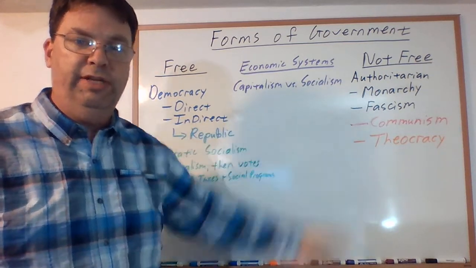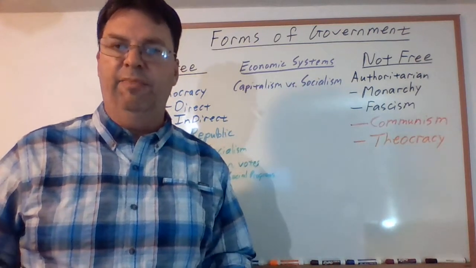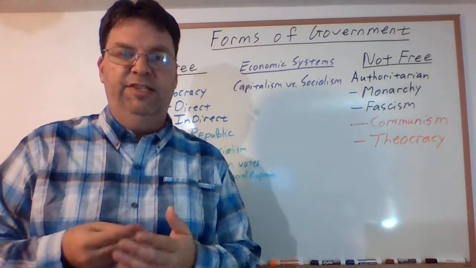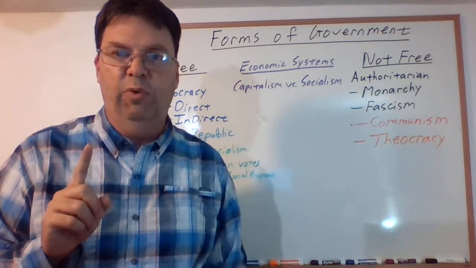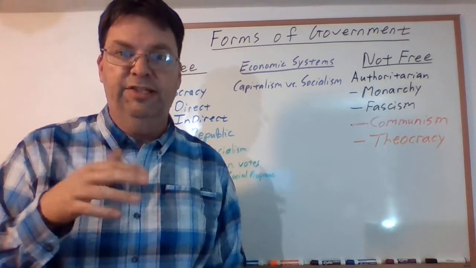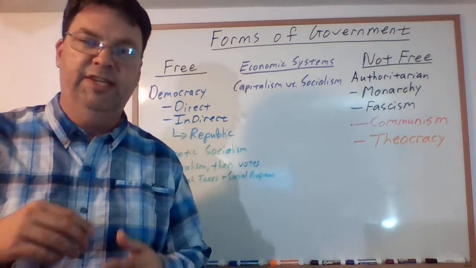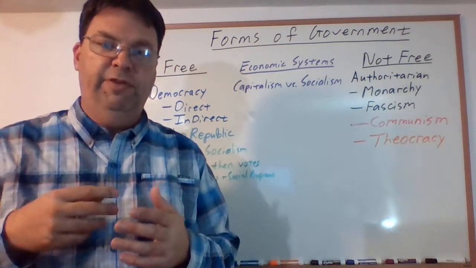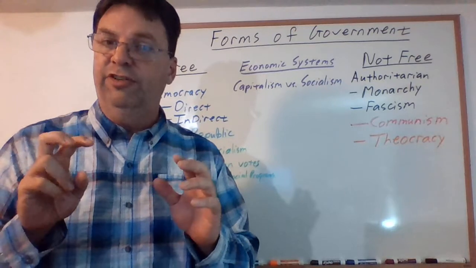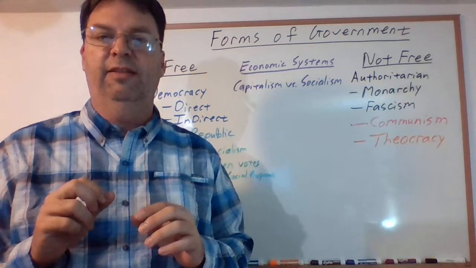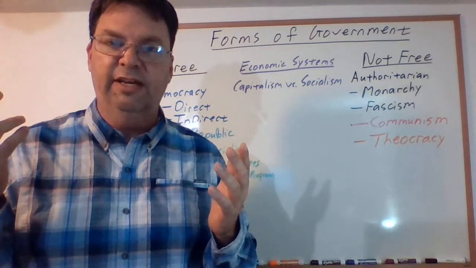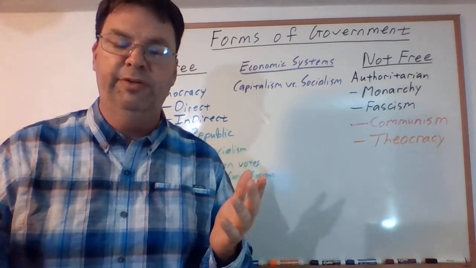Communism, very much an authoritarian regime. They like to say that they have democracy, but it's a one-party system. So you get your ballot, and it says, vote for this communist leader, and you have one. Okay, so who do you vote for? Well, you check the box, and you vote for that person, because if you refuse to vote for that person, then you're off to some sort of death camp, gulag, re-education center where they beat you until you agree with them, kind of thing. So everyone votes for the one person, and they win in a landslide. It's pretty amazing. They get like 100% of the vote.